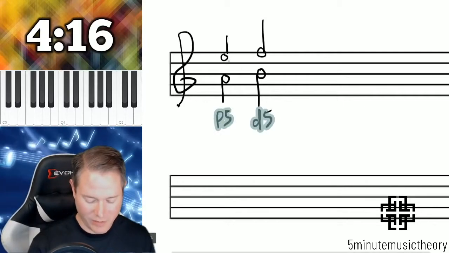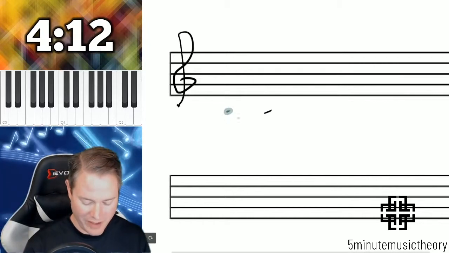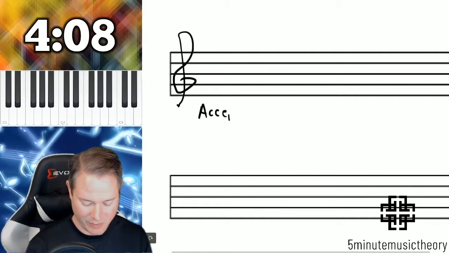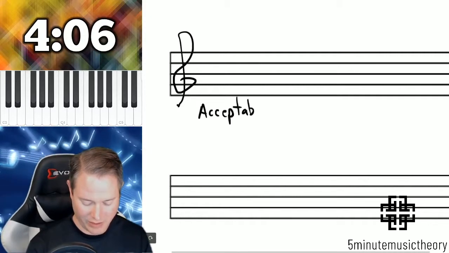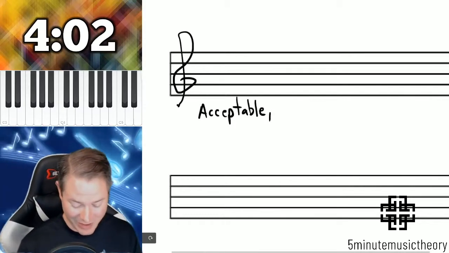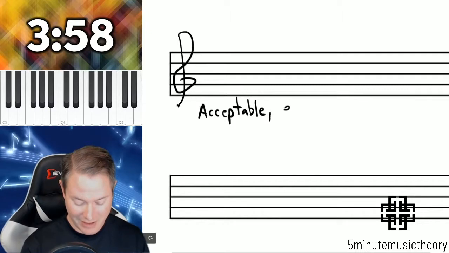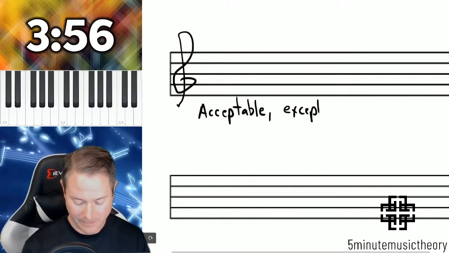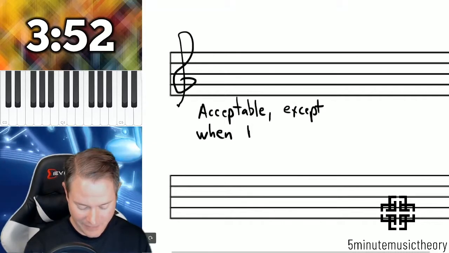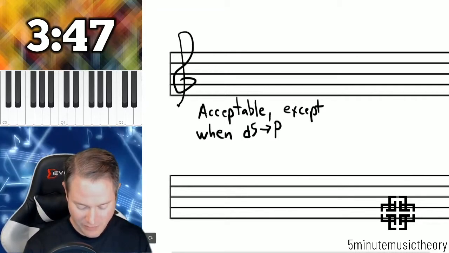So the thing about unequal fifths is that they're almost always acceptable. The only time that they're not acceptable is this. So we'll say they are acceptable. Sometimes it's nice to see this and it'll bury itself in your brain. And if we actually see it written on the screen here, they are acceptable in all situations except when moving from diminished fifth to perfect fifth